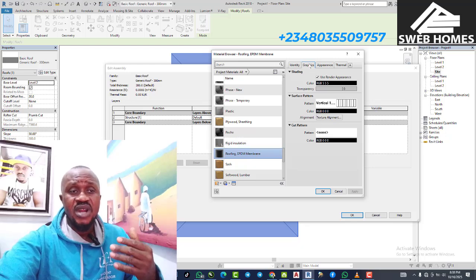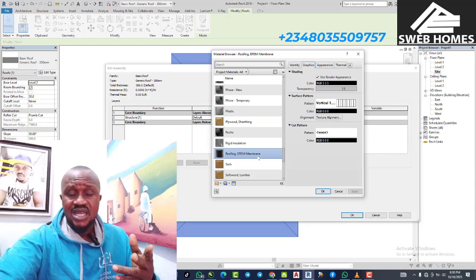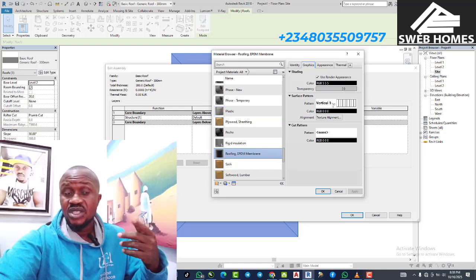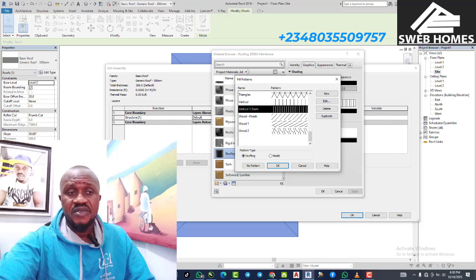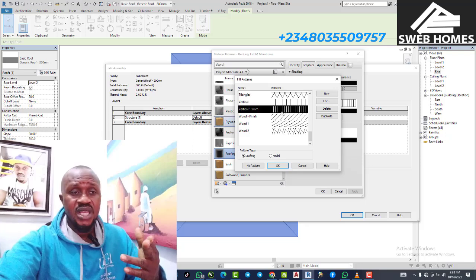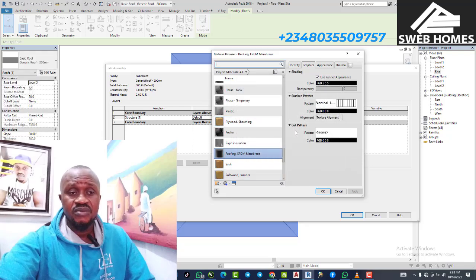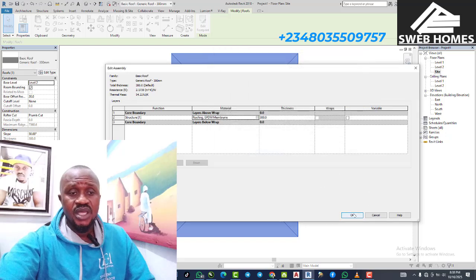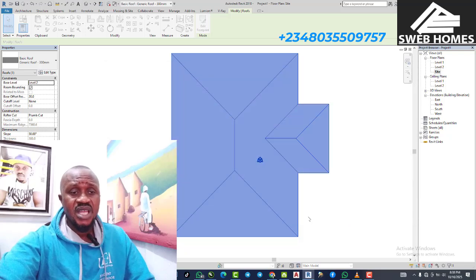Now I'll come to graphics. Under graphics, I'll look for a pattern. Okay, if what you have here, that is if you've selected roof before but it is not showing, if it is none, then you click on this point, then you look for different pattern which you like to add. So in my own case, I'll be adding this vertical 1.5 mm and I'll say okay. I'll click on OK. Then I'll click on OK. I'll make sure I apply everything. Then if you check,